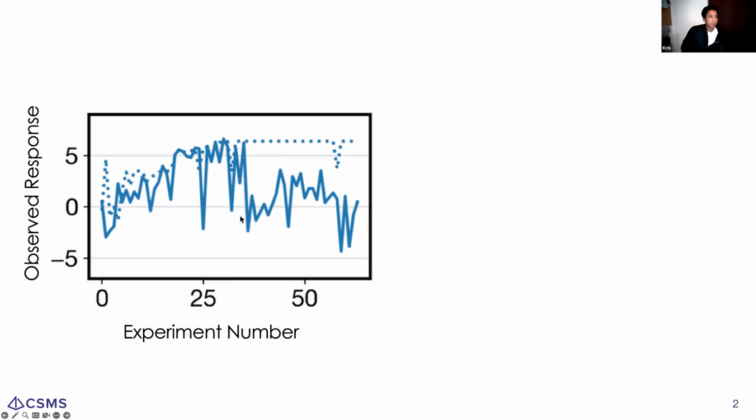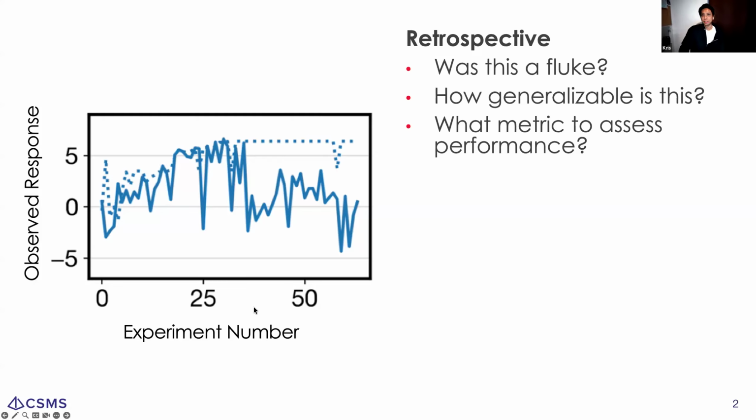Most people do. And unfortunately, the problem here is that this plot in our setting for Bayesian optimization is very, very misleading. And you actually can't get a lot of information by looking at this plot. We call this the observed response versus the number of experiments. Nevertheless, after your campaign, when you've done 60 experiments or whatever, you could look at this plot and say, well, we got a good result. Was this a fluke? If I were to repeat this again, this looks kind of random. Is this going to happen again?